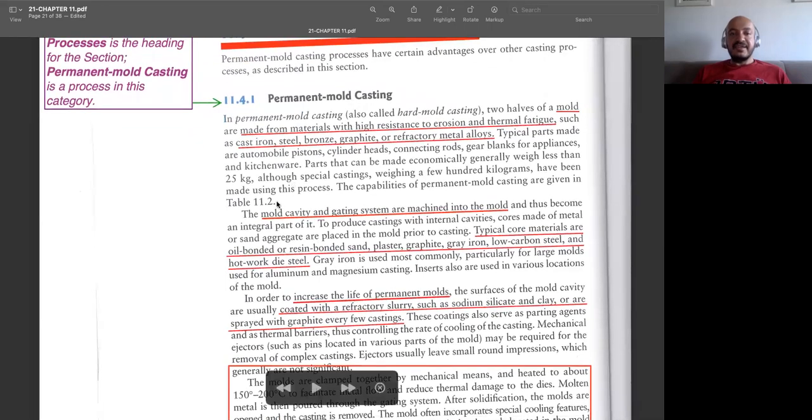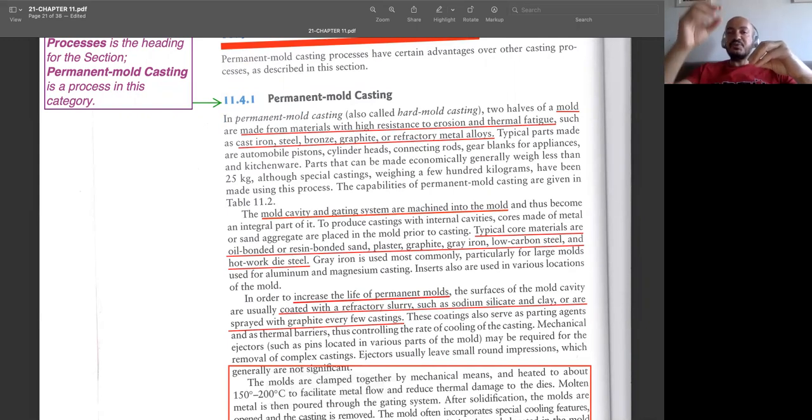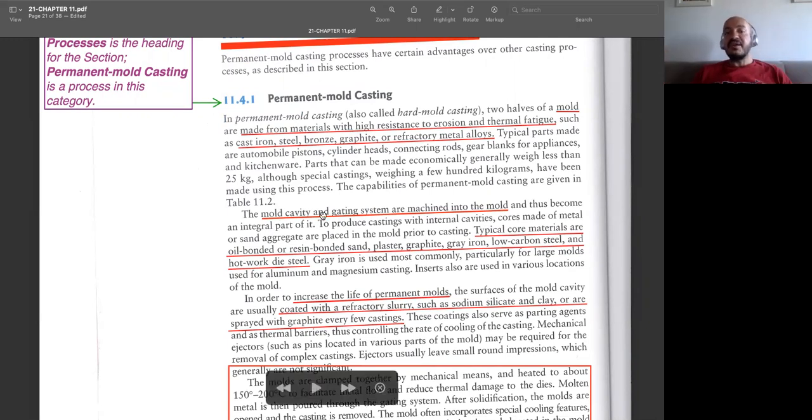If you remember the sand casting process, we have a pattern, and then the sprue and other gating systems are placed while you are putting them into the sand. But this time, you should be machining these cavities and the gating system at the same time, using CNC systems most of the time,